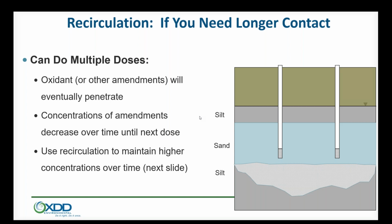So with recirculation, if you need longer contact time, one thing this was going to show was one way to get, say, if you have contamination that's penetrated into these silt layers below your injection points, and you've got a permeable zone where you can inject, and in your design phase you realize, I really can't inject directly into the silt zone. I've got contamination that's diffused into the silt zone. What I can do is rely on diffusion transport of the oxidant into these silt zones, and you can get a little ways into the silt and get direct contact, but it takes a while for that to